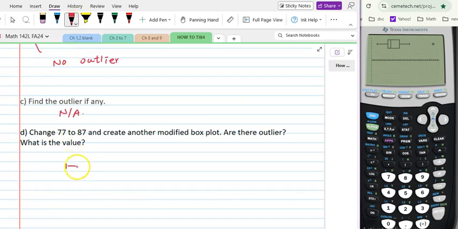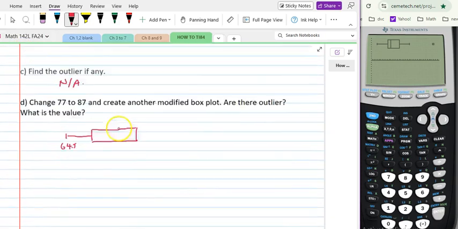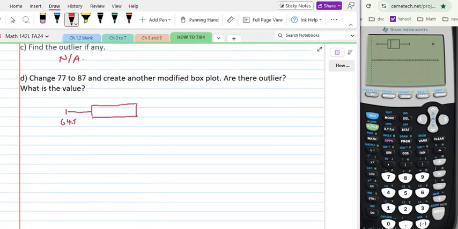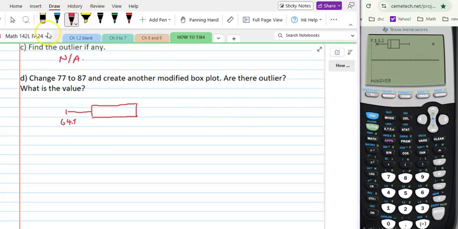So I would have this is still 60, oh, I forgot, 64.5. And then this is still 60, I forgot. No, I think it's not 64.5. The lowest one is 59, right? Because the lowest number is actually 59. Oh, we can just do cursor, right? So trace first and then do cursor back and forth. 59. Erase this first. 59,